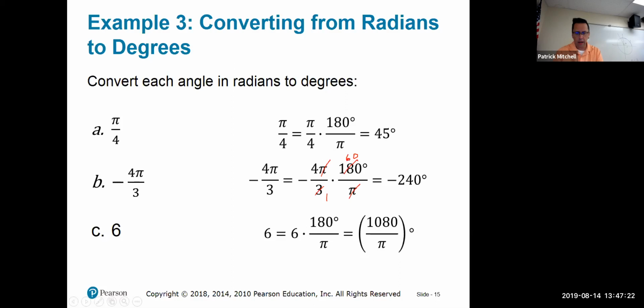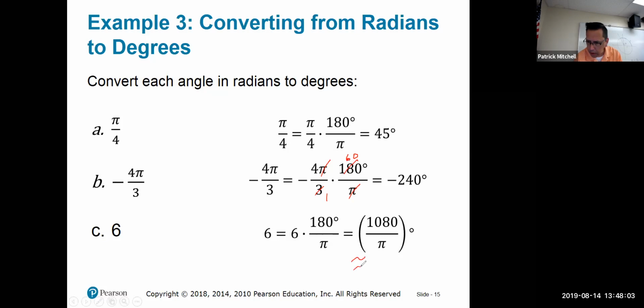All right. And what I'm doing off to the side here is I'm bringing up my calculator, because most of the time when you have a weird angle like that, 6 radians, instead of leaving it like this, we may want to know approximately how big of an angle is that? And so 1080 divided by pi is approximately, I just asked the calculator,